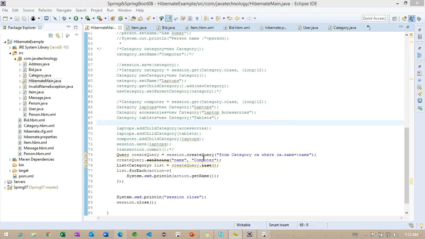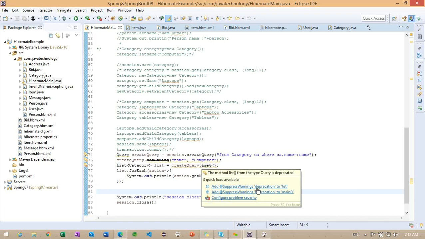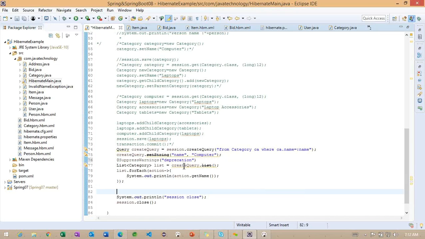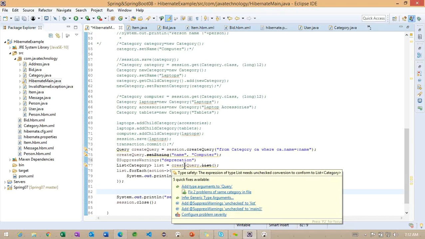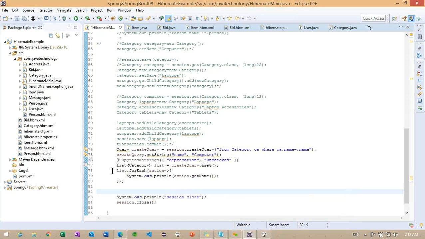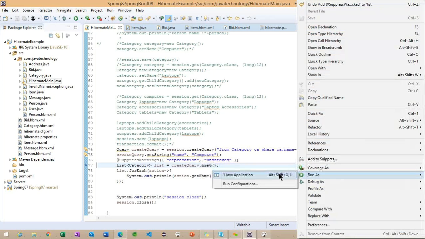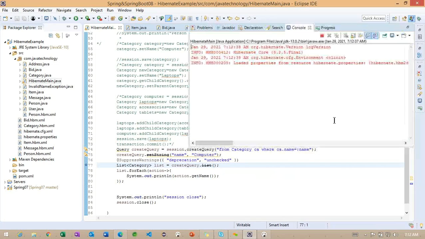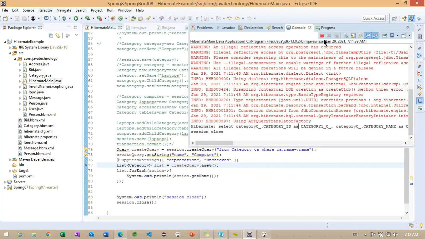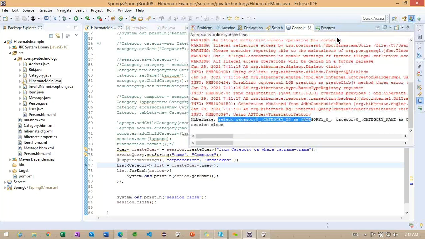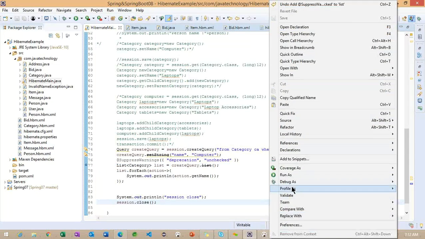Basically, I think we are not getting an object based on this particular category name. So we'll see how exactly it's going to work here. Okay. Even though the SQL query is generated here, still you are not finding the object information here.